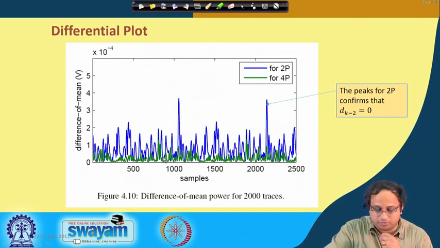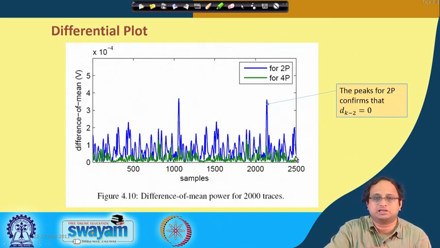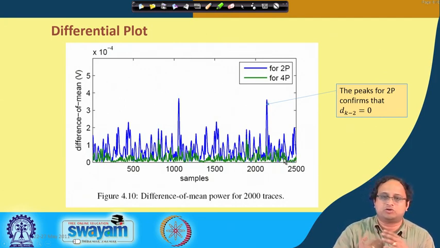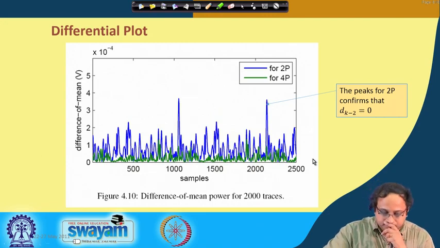You can see that we obtain a correlation with 2P. 2P is the color shown in blue, and you get a high correlation. That implies that we will be returning 0, and that turns out to be the correct key. On the other hand, there is no correlation with 4P, which means the key bit is not 1. So you can do both the tests and confirm your estimation.